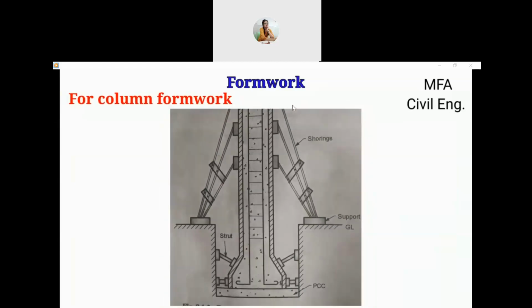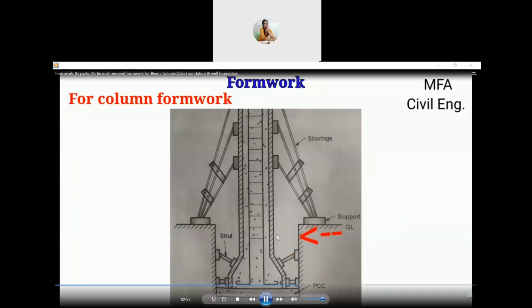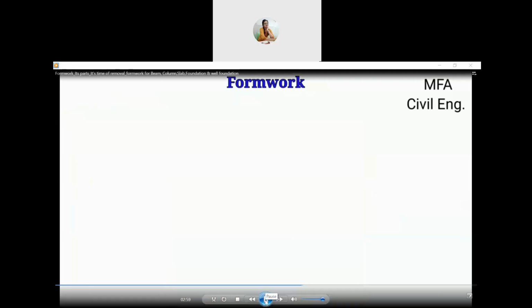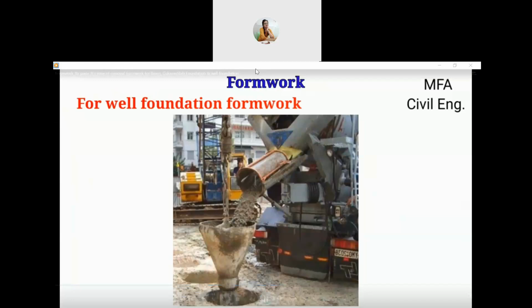For column formwork, here the planks are built to form a vertical mold of a column and the planks are supported by the shoring. The foundation of a column is supported by the formwork in the pit dug for that purpose. For well foundation formwork, for placing a concrete in a well type foundation,